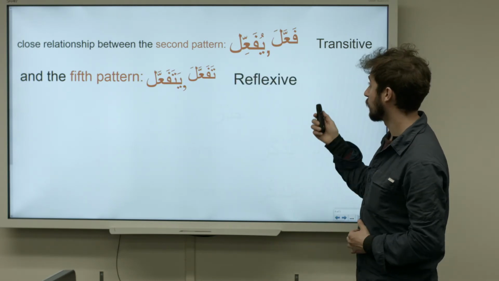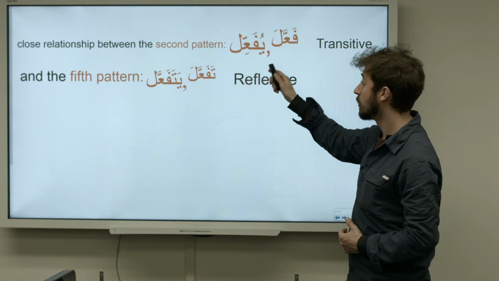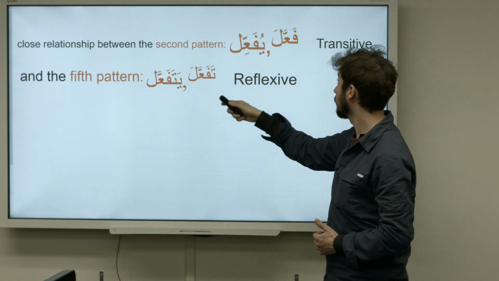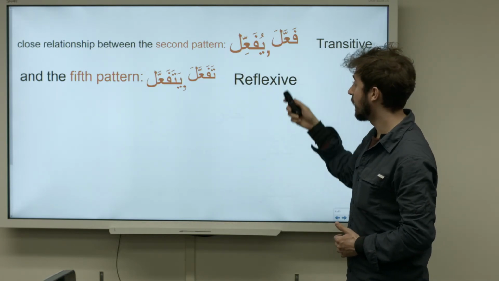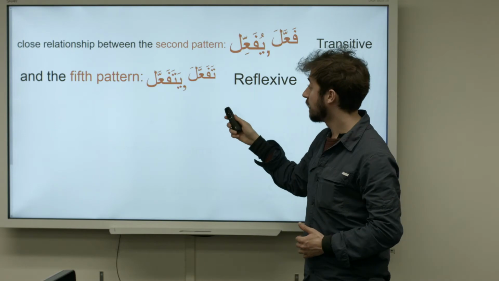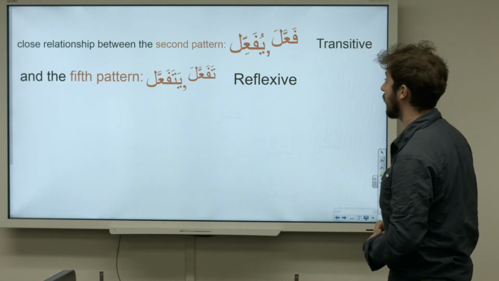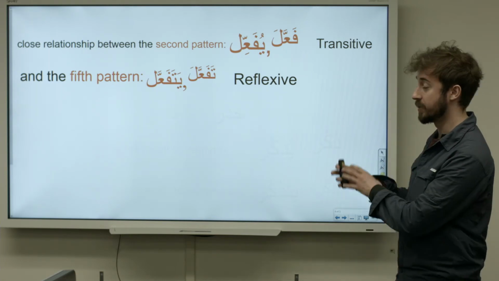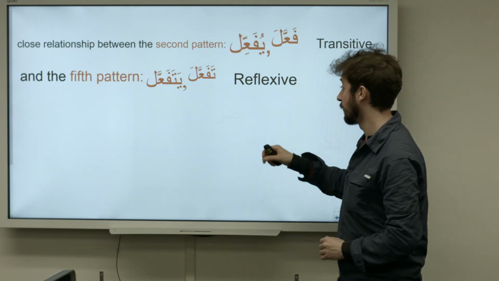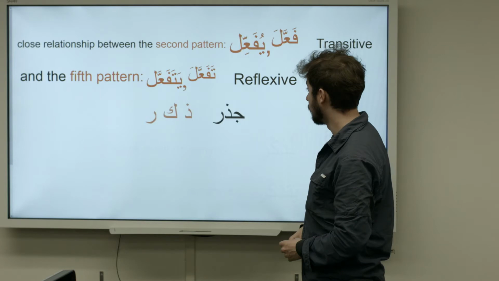So again, we want to look at the relationship between pattern 2 and pattern 5. Let's look at the relationship between these two patterns using the root